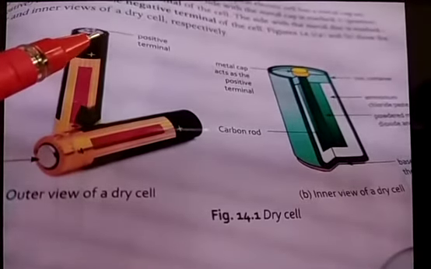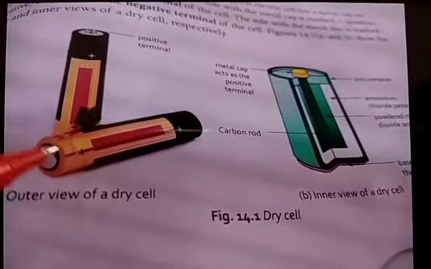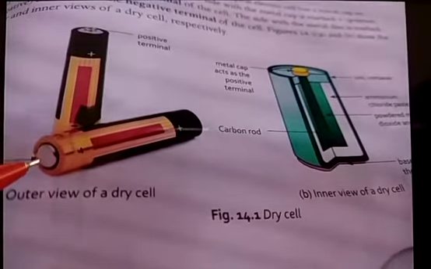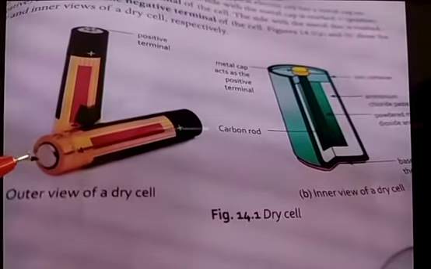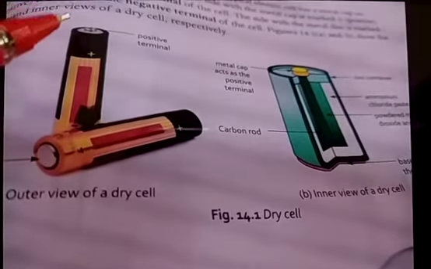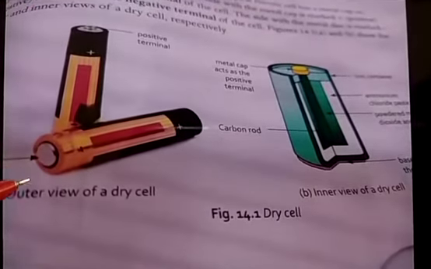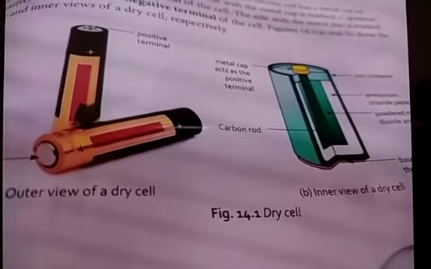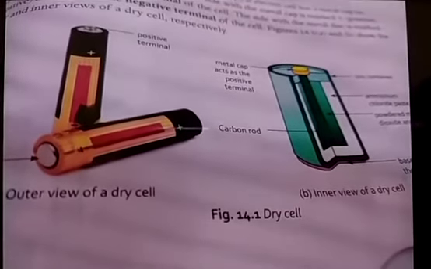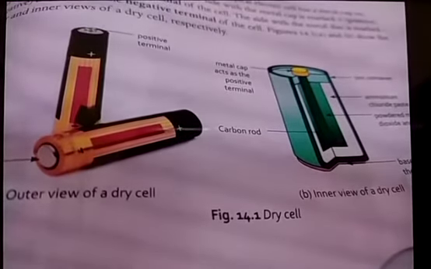The plus indicates the positive terminal of the cell. And the metal disc, there is no cap over here. It is a plain disc. This is the negative terminal of the cell. Each cell has two terminals, positive and negative, as you can see here in the figure. These are the electric cells which we use at home. It gives a small amount of electricity.